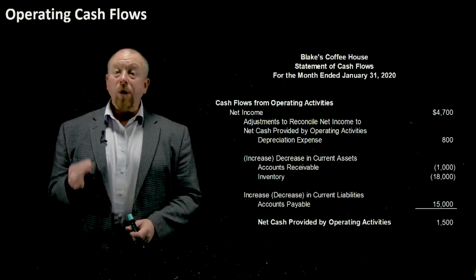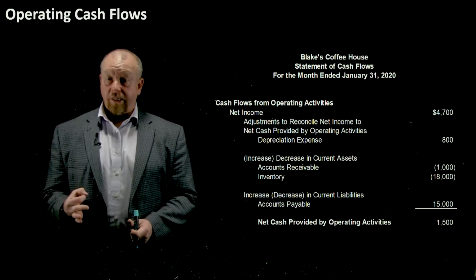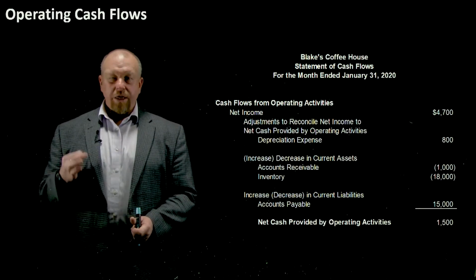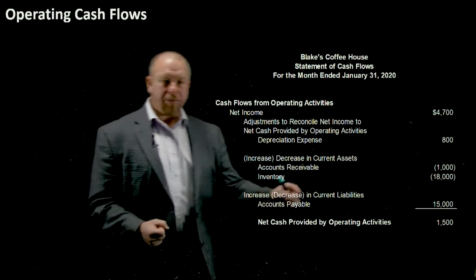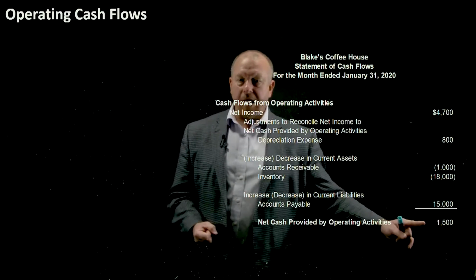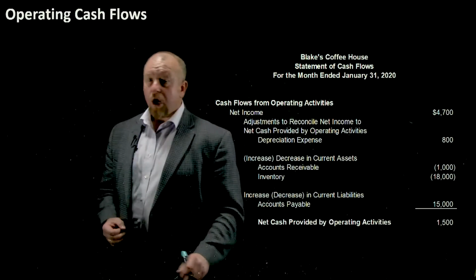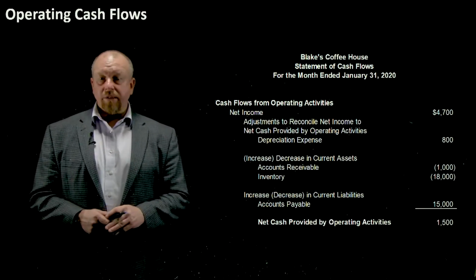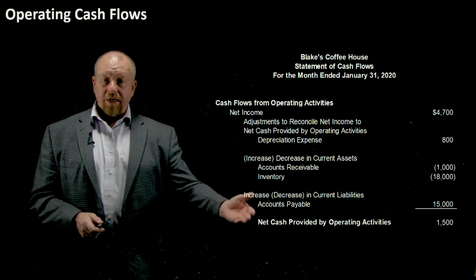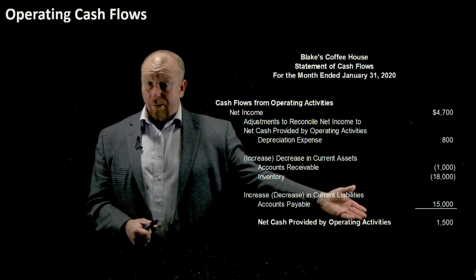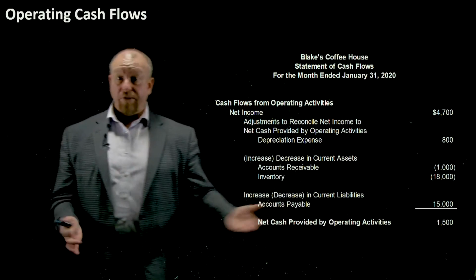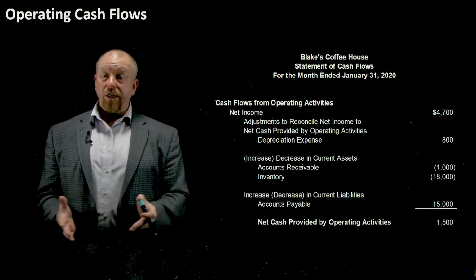When you take a look at the operating section of the statement of cash flows, the number one consideration should be that this number is positive on a sustained basis. Oh, sure, there might be instances where a company has net cash used for operating activities, in other words, a negative number here on occasion.